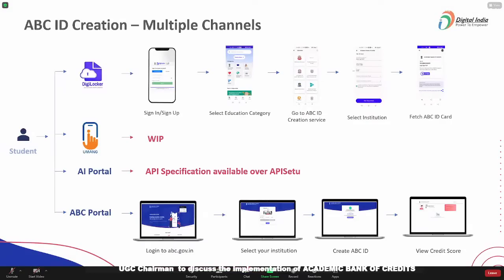There are various ways in which a student can create an ABC ID, and we have opened up multiple channels for that. The first and foremost channel is DigiLocker. In DigiLocker, the process is very simple. You can go to the website portal, or you can download the DigiLocker app from the Play Store. You just need to create a DigiLocker account. It's a very simple two-step